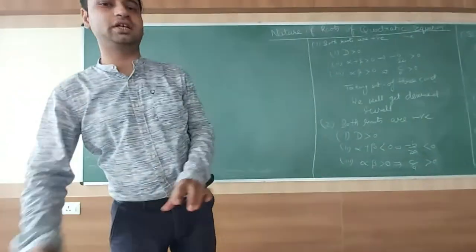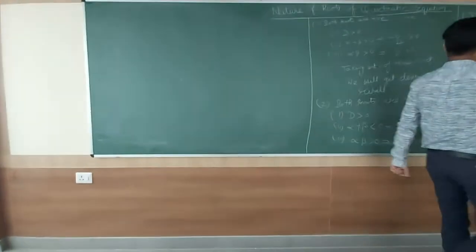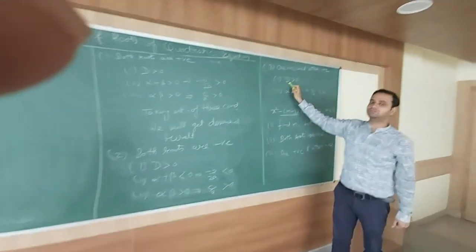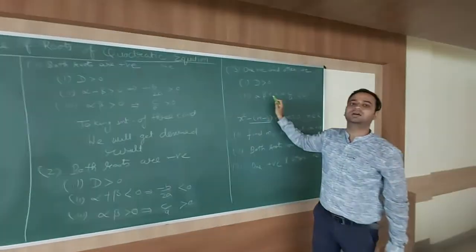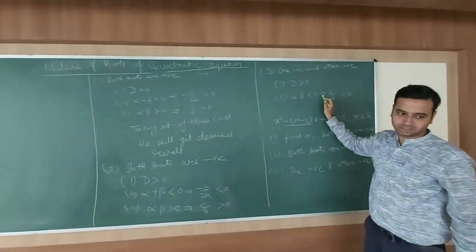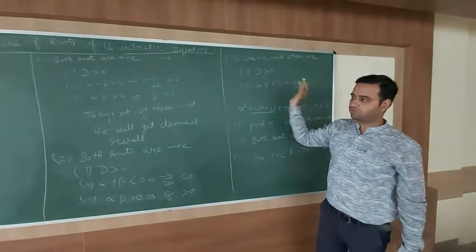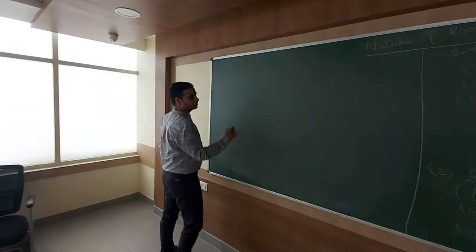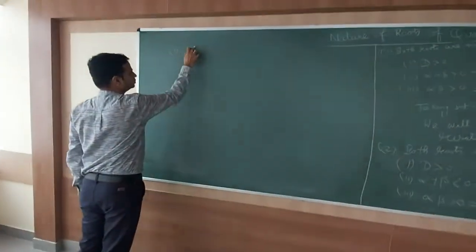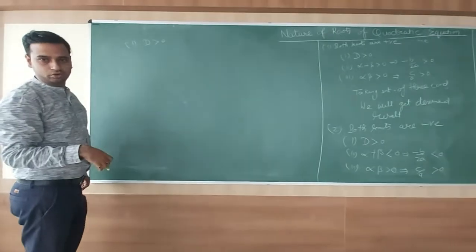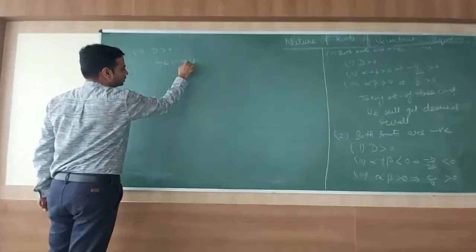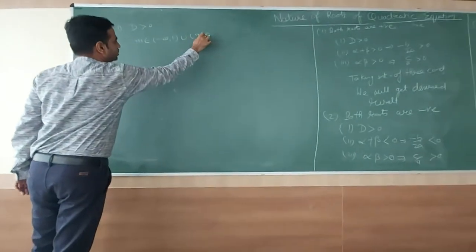So we again see the condition at least first. One is positive and other is negative. That is D greater than 0, alpha beta less than 0. That I have discussed earlier. Now I am going for it again. First point, D greater than 0. As we have discussed earlier in the two steps, it will come out to be m belongs to minus infinity to 1 union 9 to infinity.